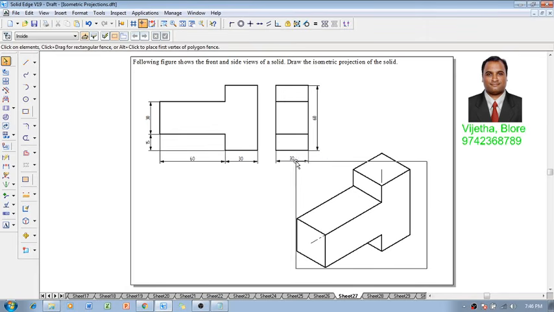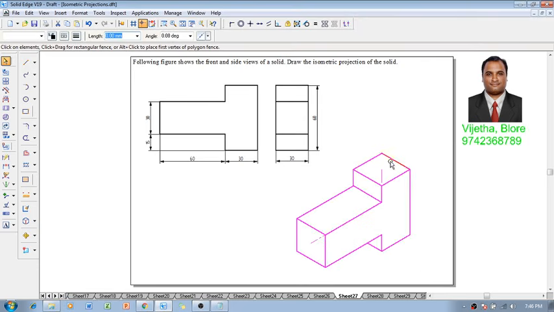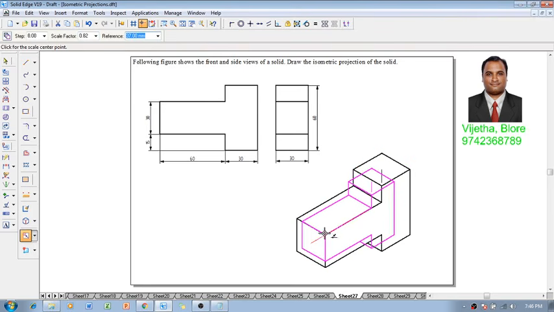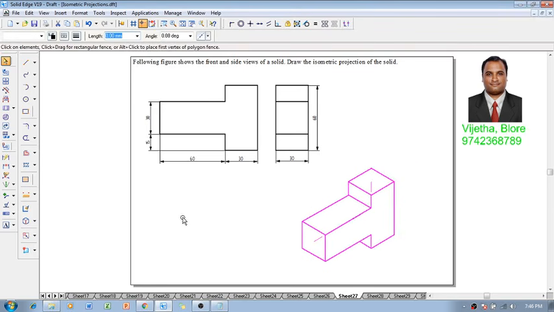Now we have to select this figure, and after selecting it, using a scale command, we will reduce it to isometric projection using an isometric scale of 0.8164 times. Now one can see that this is the required isometric projection of the given combination of the solid, which is as shown in the figure.